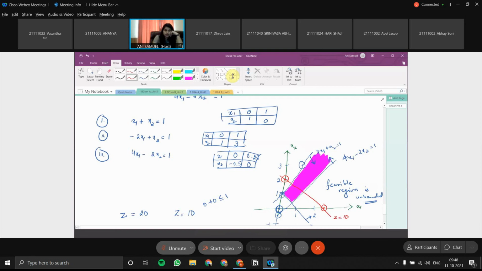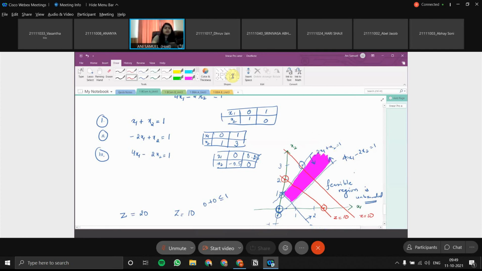Next is 0, 4 and 5, 0. Somewhere like this it is forming, right? This is z is equal to 20. Now, the lines that I have made for z will always cross the feasible region, right? Every time they cross the feasible region that I have made. Whatever line you take, the way it is going is easily understandable. These are parallel lines going like this, right? Is it clear to everyone? Please convey. Is it clear to everyone?